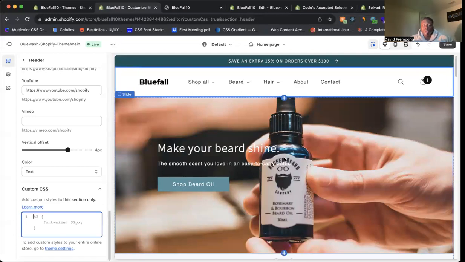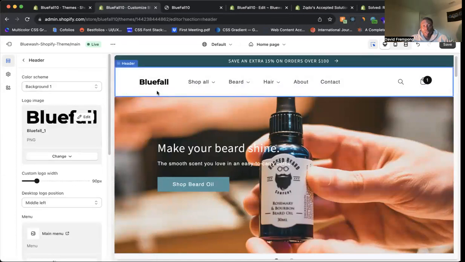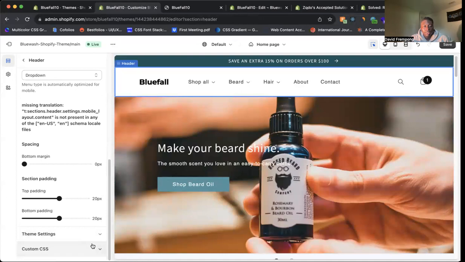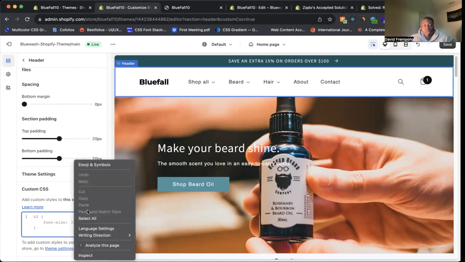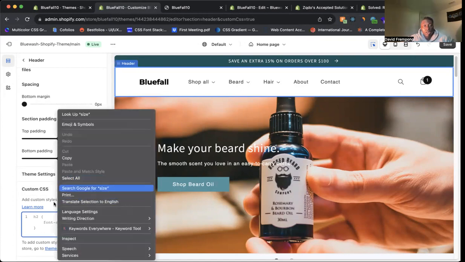What you want to do is come to your theme customizer, click on header. So for here, you just click on header like this, and then it will come here. Now what you want to do is go to where it says custom CSS. So that's at the bottom here. So once you're in this section here, custom CSS, I want you to come and paste this code in like